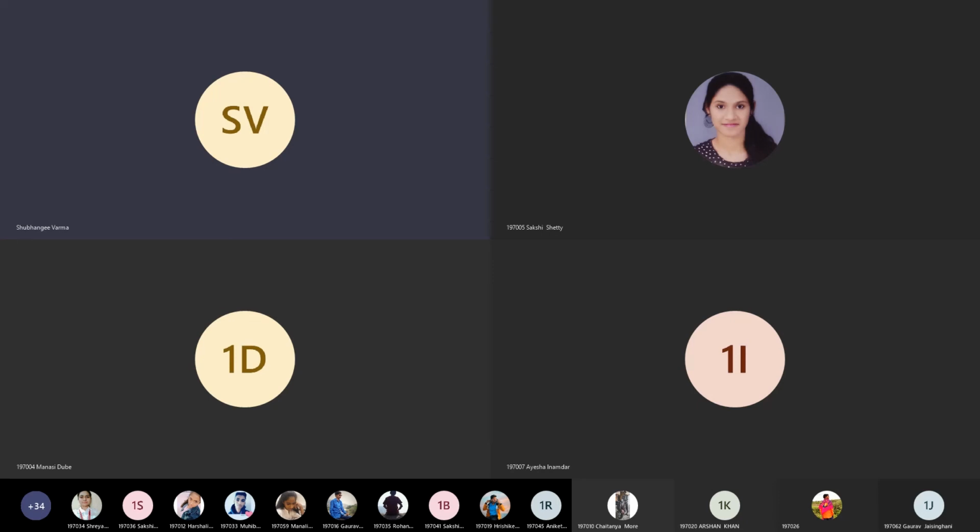Rishikesh is asking, each and every experiment we have to make in a PDF. It's your choice, Rishikesh. You can make a PDF or you can just keep a screenshot, meaning an image, also. It depends on you. If you are able to make a PDF of all images, then you can go ahead and make a PDF, or you can just keep screenshot images of your screen, then also okay.